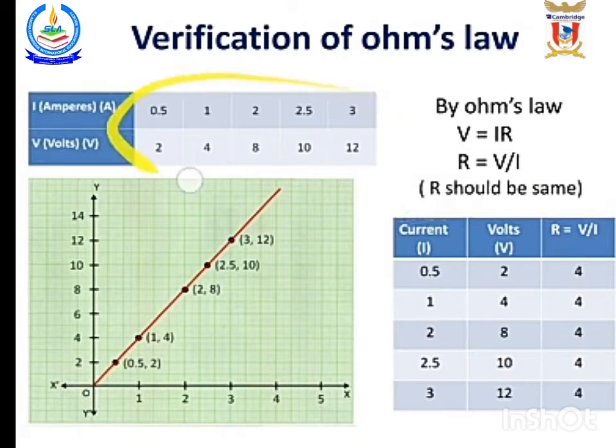In this observation table the R should be the same. How? If the current is 0.5 ampere and the voltage is 2 volt, then R is equal to V upon I, which gives R equal to 4. There is another reading. If the current is 1 ampere and the voltage is 4, then R is equal to V by I, which is equal to